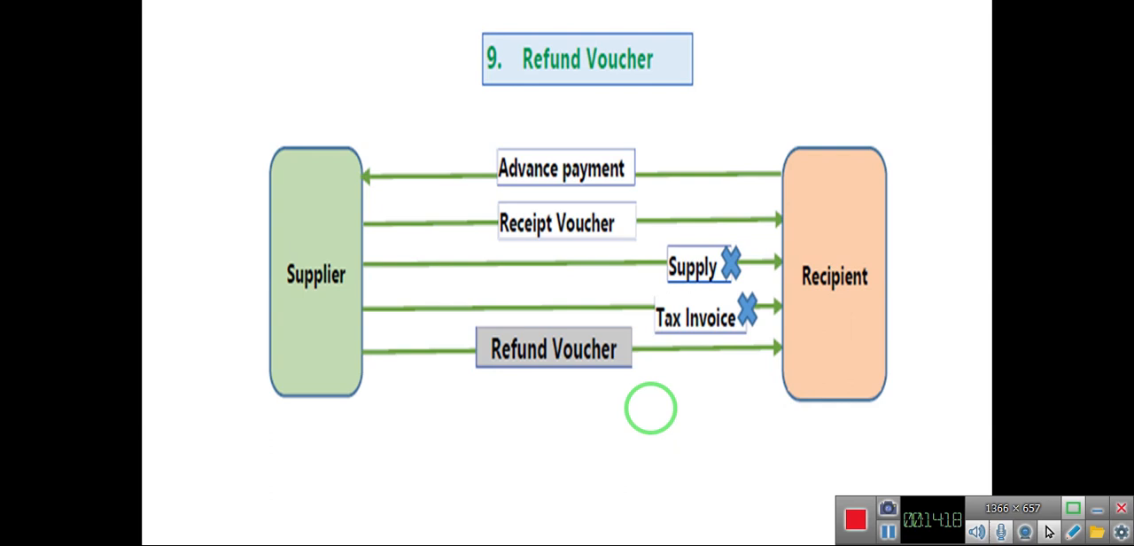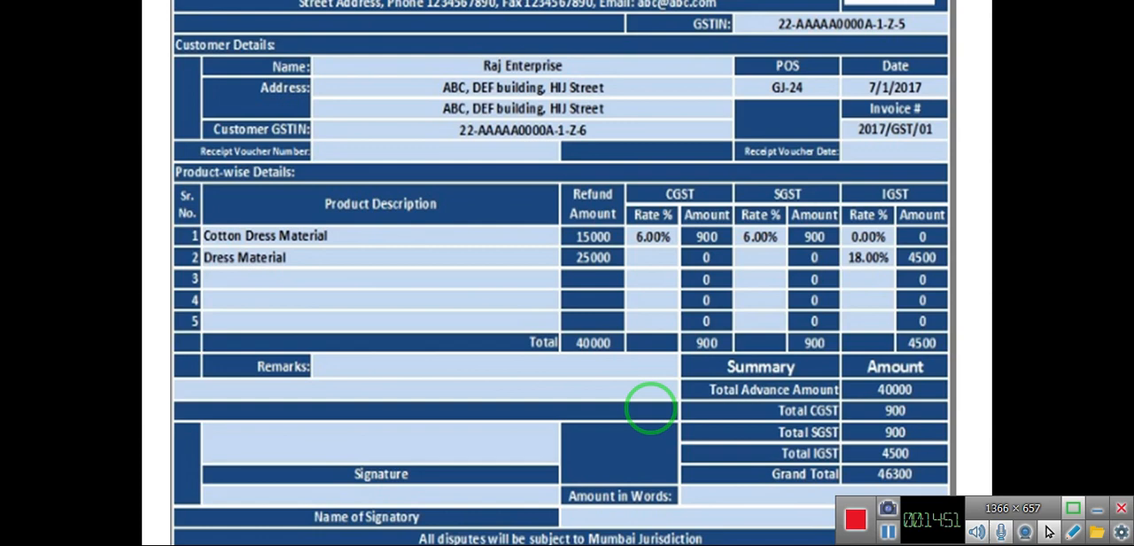when the recipient already made advance payment to the supplier, but because of any reason, if the supply is not executed, or the supplier is an unregistered person who has not issued any tax invoice, or because of any reason the contract is cancelled, order is cancelled, in that case the supplier will issue a refund voucher to the recipient. The refund voucher format is also here